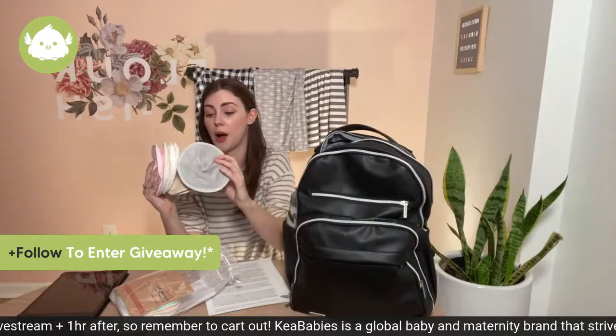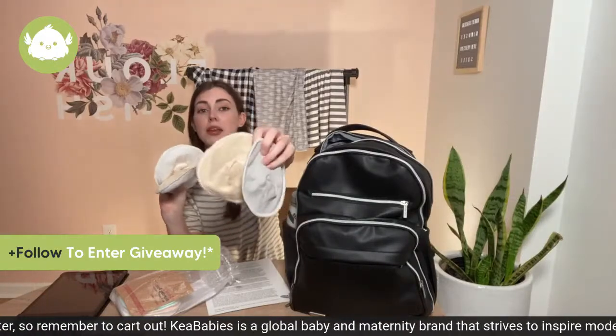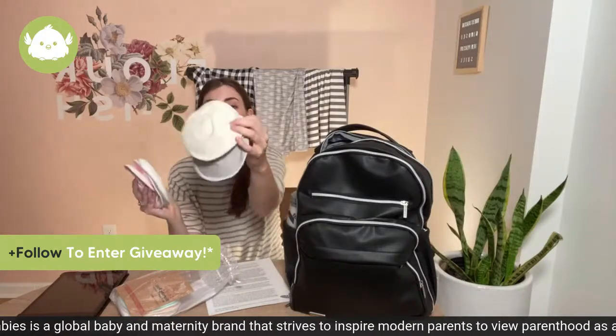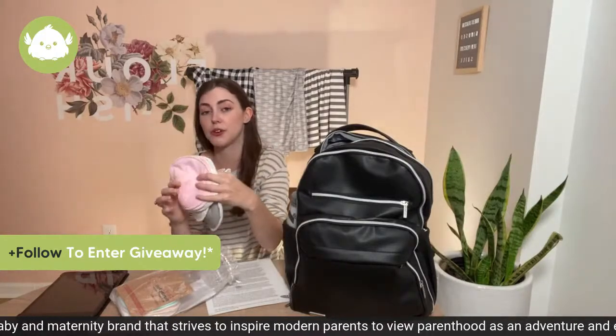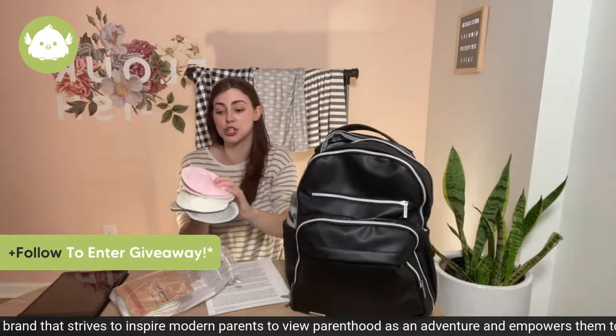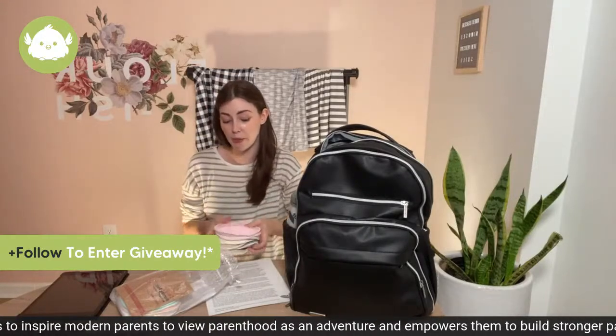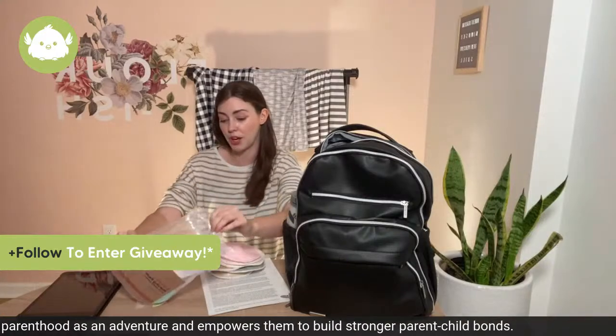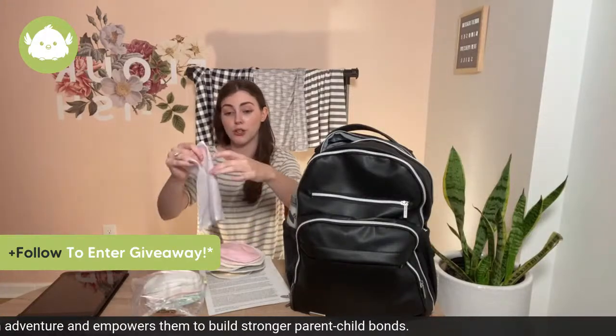Just let me show you these pretty colors that they come in. Very similar to Lavelle. We've got this nice neutral white here, this pretty blush pink. So again, all of the same benefits, that they are reusable, they are washable, they come with their own laundry